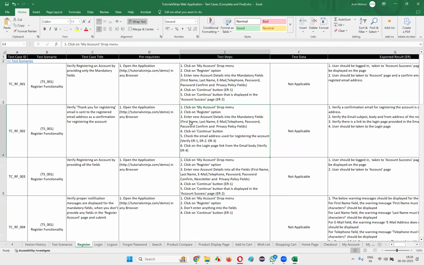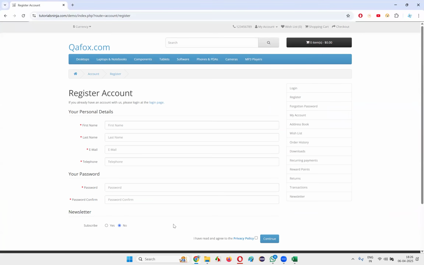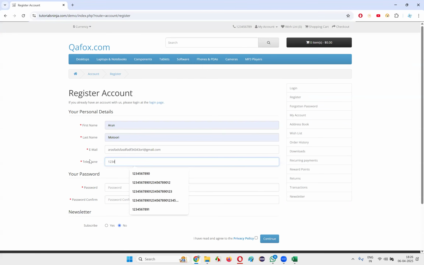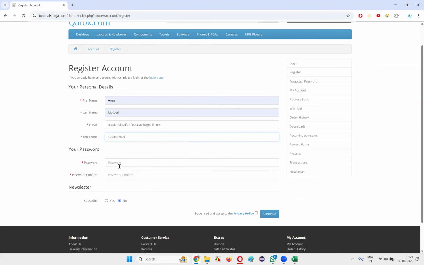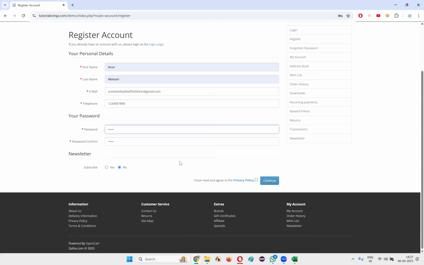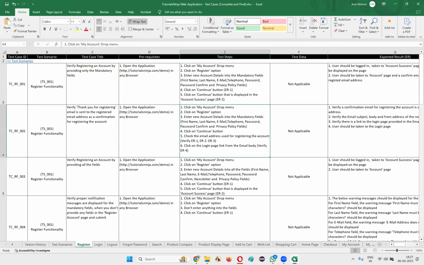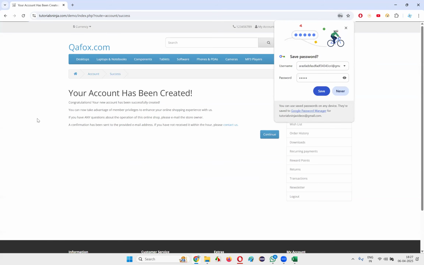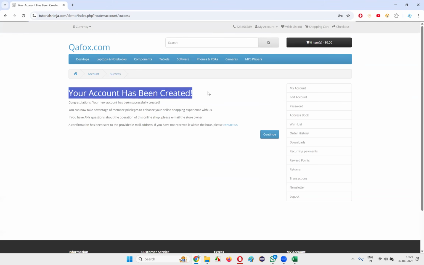Enter new account details into the mandatory fields. That is first name, last name, email, telephone, password, password confirmation, and the privacy policy field. These are the things I need to specify. And then I need to click on the continue button. Once I click on the continue button,